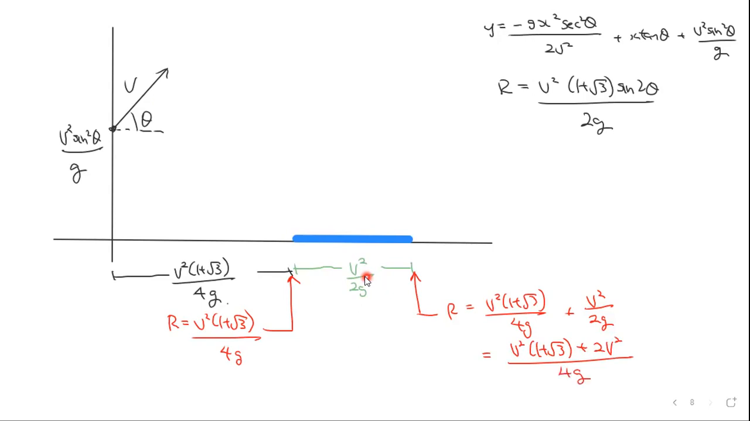Would suggest that you've got v squared (3 plus root 3) over 4g. So we've got these expressions that we want to solve for. So we'll solve for theta, where r,